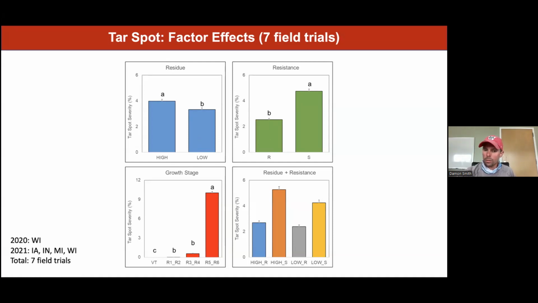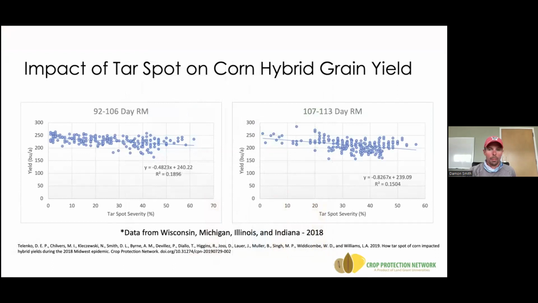We don't have immune hybrids, but we do have some partially resistant hybrids. And a lot of the seed companies do know where that resistance is, even though they don't necessarily advertise it. So I would encourage you to push a little on your seedsmen to figure out what type of hybrid you have. And I would scout those susceptible hybrids first. That's where I'd be putting my scouting efforts in the coming weeks as you start to think about tar spot and tar spot management. We do know that tar spot takes yield. It does it very well.